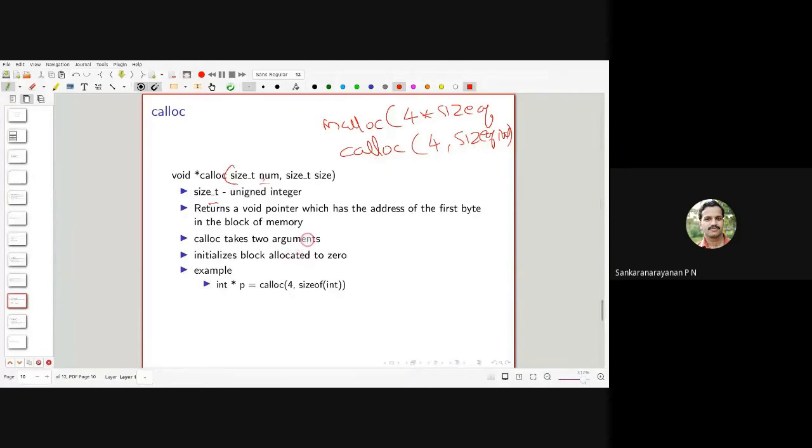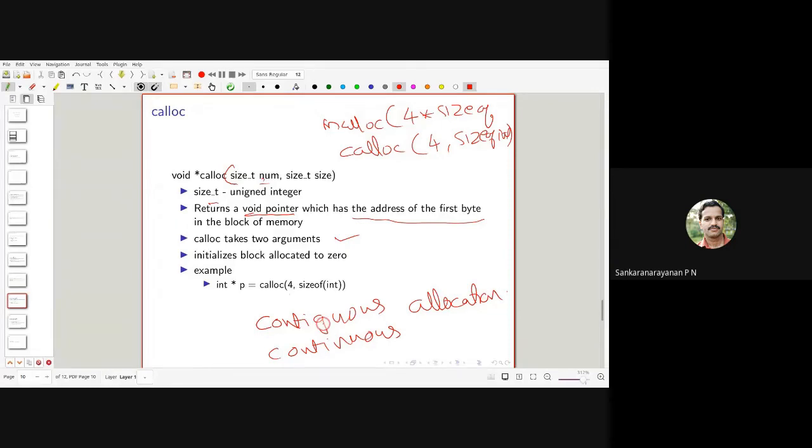That's the syntactical difference. It also returns a void pointer which has the address of the first byte, and it takes 2 arguments, as we said. The only difference is that calloc means contiguous or continuous allocation.